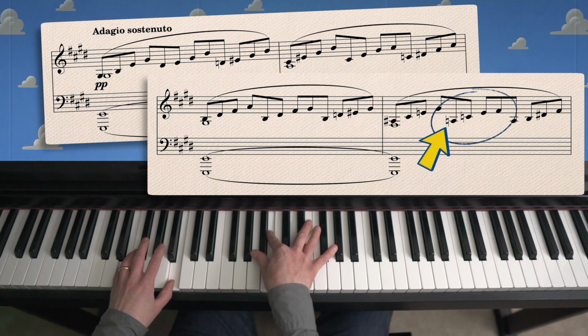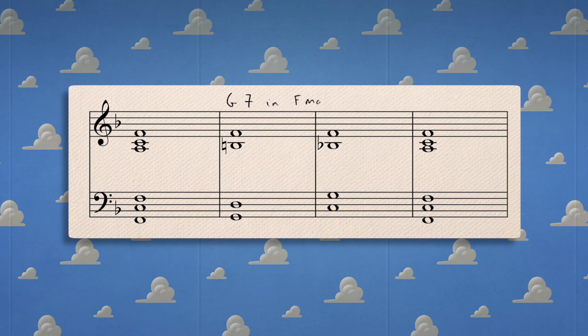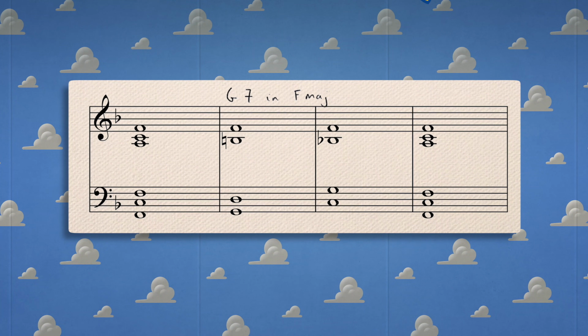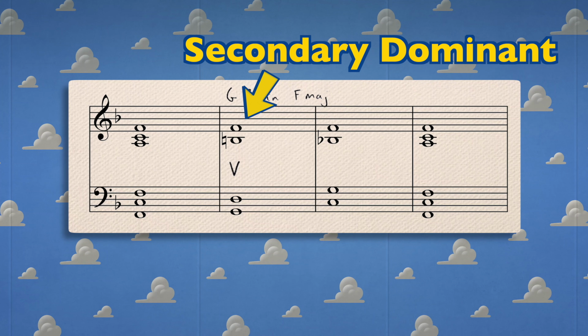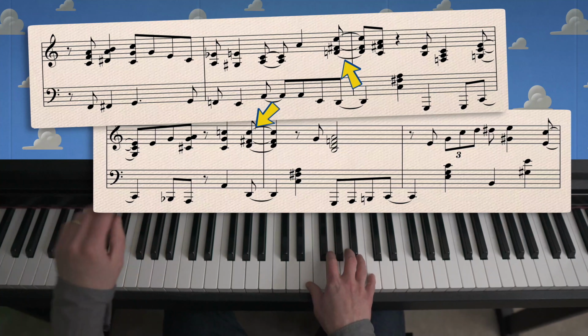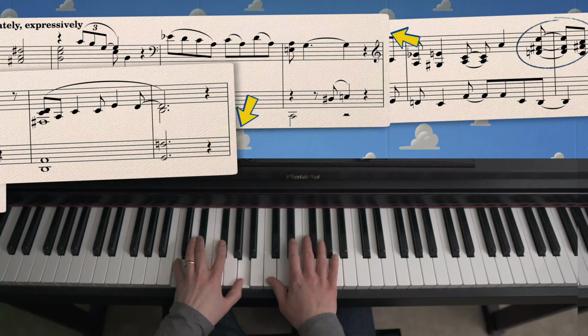But that G dominant 7th in F major is also such a key component of love songs, and also of Randy Newman's music in particular. This is known as a secondary dominant, as it's the 5 chord to the actual dominant, C major. This chord adds tenderness to the music. It can feel melancholic in some contexts and bright and uplifting in others. Just listen to it in You've Got a Friend in Me, or Almost There.